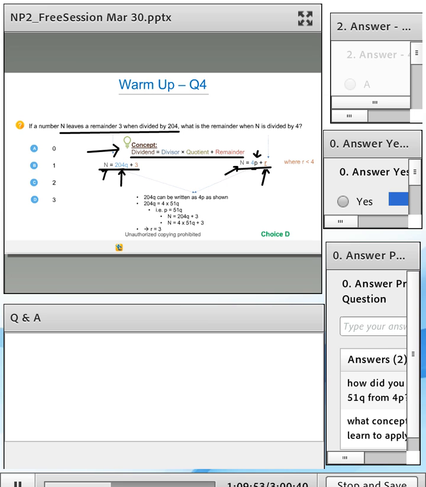So you're simply trying to simplify this further to see, can you express 204 in terms of 4? And sure enough, you can in this case. Now, it won't be possible in all the cases, but in this case, it is definitely possible. So you basically express this and you get p equal to 51q. If the number was something other than 204, then you'll have to process that number in a form such that you can bring it in the form of 4p, or get something closer to that. So that's a good question.